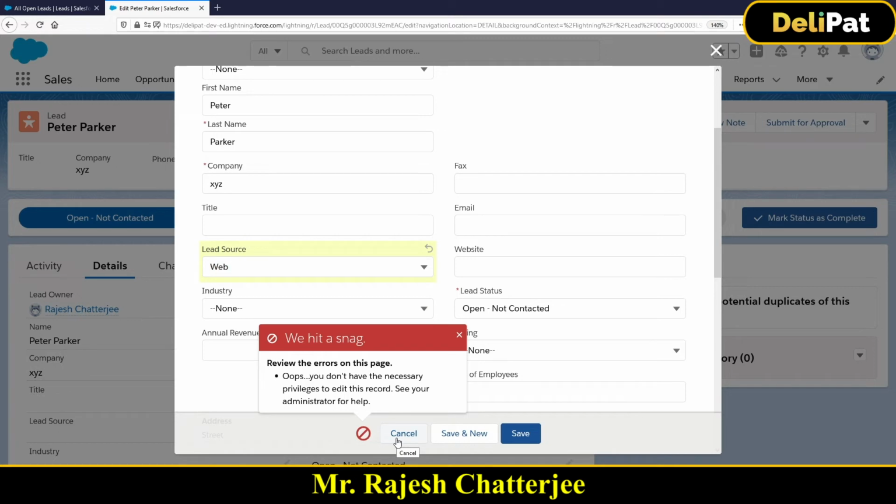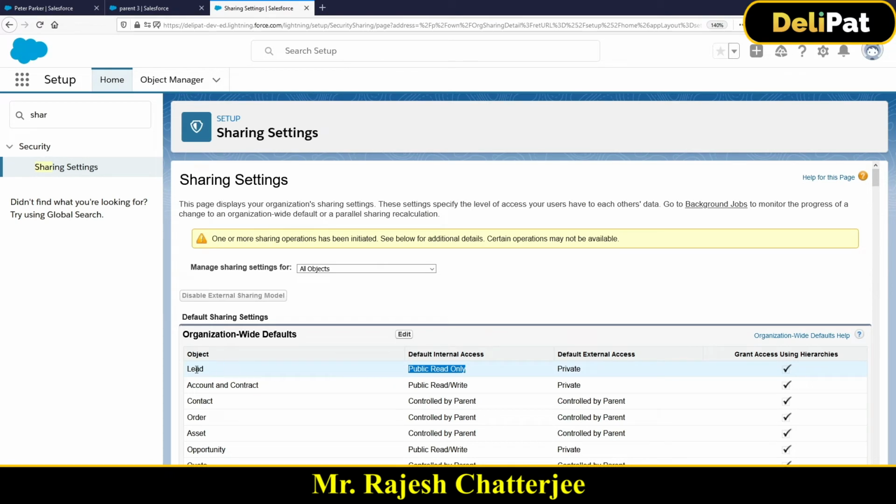This says that, because of the organization wide default, let me go back to the other page and show you. The organization wide default of lead is what? Public read only. So all the internal users can only view every single lead that we have in the lead object, but they cannot edit unless they are the owner of that lead. The owner, by the way, has full access. If the testing user is the owner of a lead, testing user will have access to everything on that particular record. But other than the owner, everybody else will have read only access, because the default internal access, I made it read only. I'll go back here